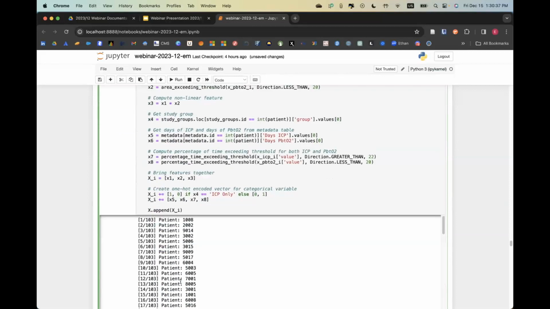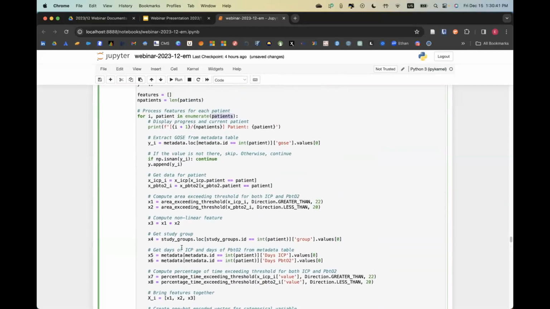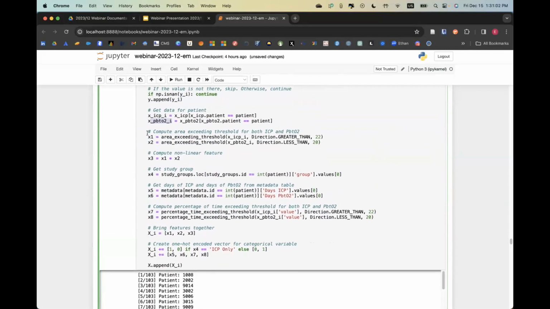And this took a long time. So I did this in advance, but I'll explain to you what this block of code is doing. So for each patient, it's extracting the target value, which is the GOS-E that we're trying to predict. It's skipping any patients that don't have an outcome, because we don't want to predict something that doesn't exist. And then we're grabbing the ICP and PBTO2 raw data, computing the area above and below thresholds for ICP and PBTO2.